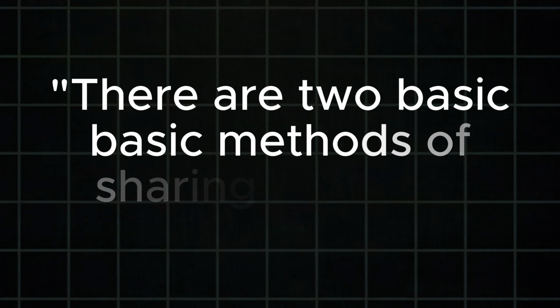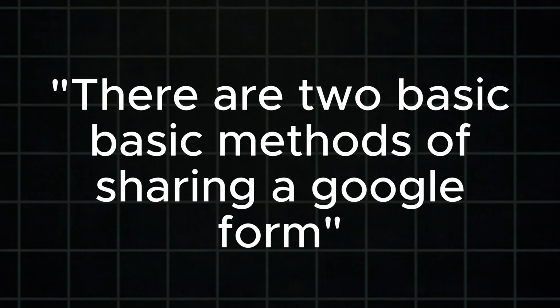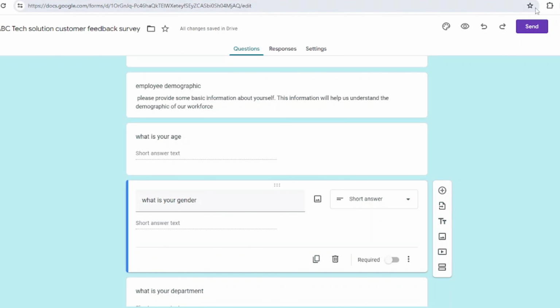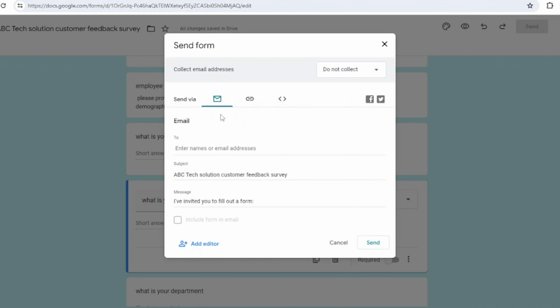Step number 5. How do you share your form? There are two basic methods of sharing your form, but hopefully the second one is my favorite. The first method is to share your form via email. So click on send at the top right corner and then enter the email address of your recipients. Customize the subject and the message to fit your needs. And don't forget to tick the include form in email box to share your form directly in the email. Choose to collect email addresses if needed at the top corner and then click on send to share the form